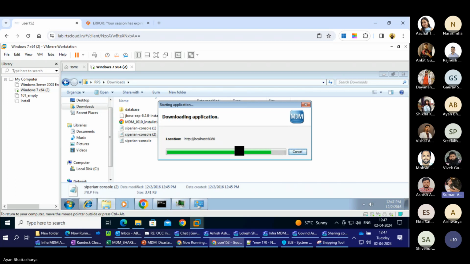Narasimha, Suman this side. I'm still facing an issue starting the localhost part. One second, madam. So we'll see. Now, after this, we'll just